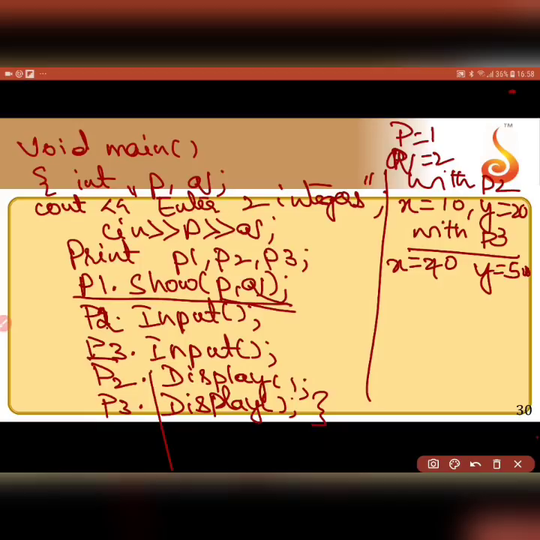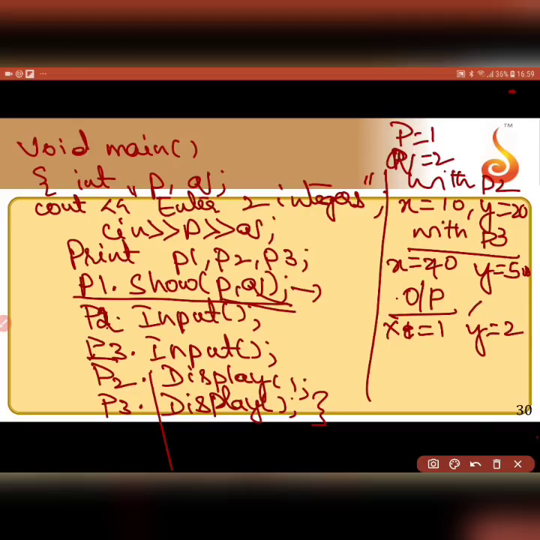Okay. So when I call this function, what happens? It would have stored that value, and in that function only, if you remember, we had the output statements also. So it will print x is equal to 1 and y is equal to 2.